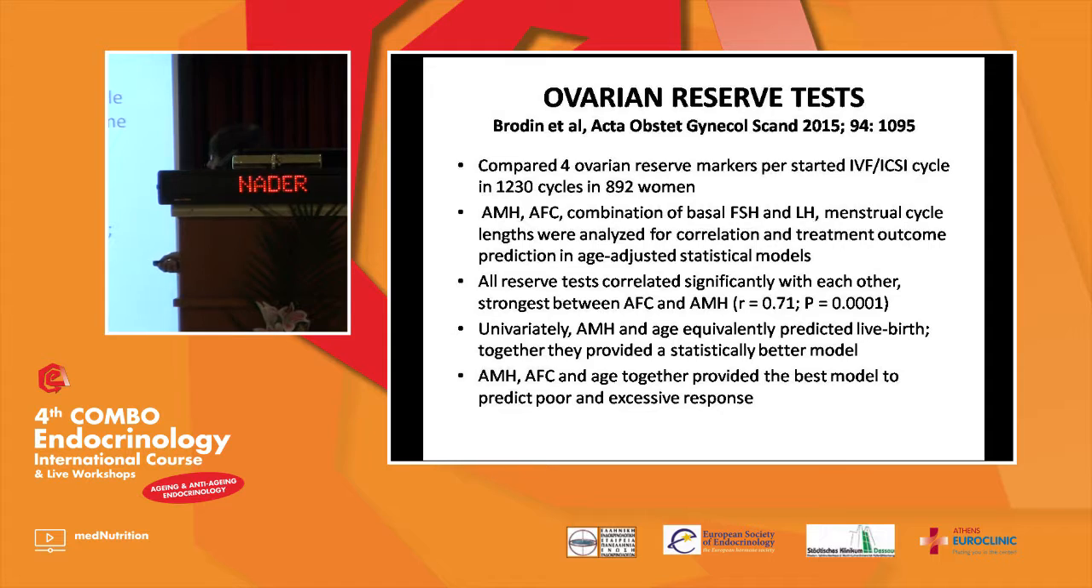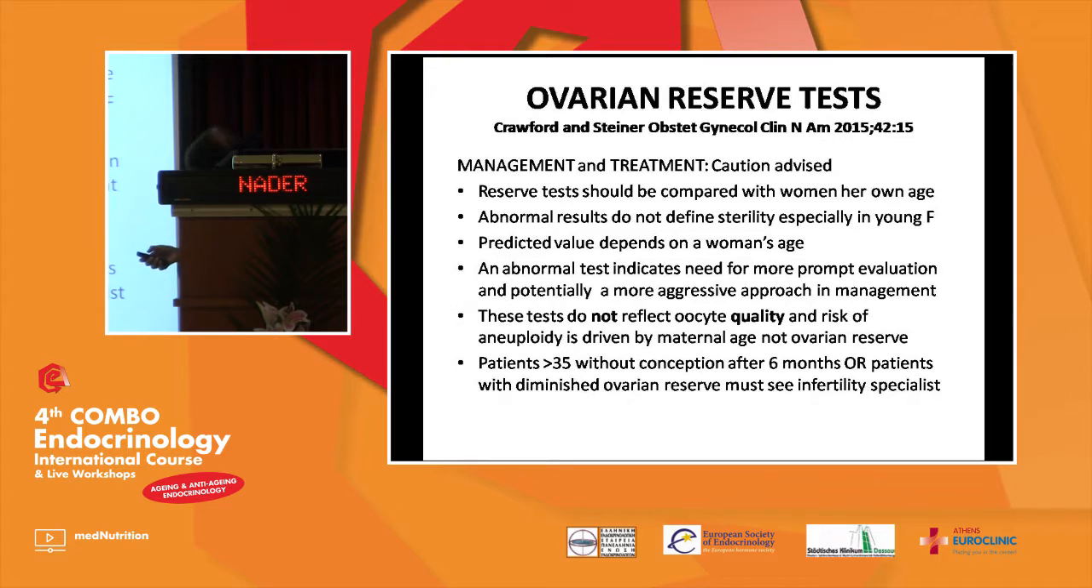Univariately, AMH and age equivalently predicted live birth. Together, they provided a statistically better model. AMH, antral follicle count, and age together provided the best model to predict poor and excessive response. And again, this is a summary of the paper that I asked you to look at for the younger audience, but I'd like to concentrate on just the last